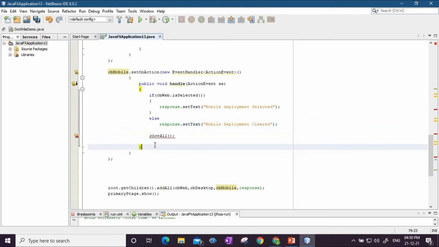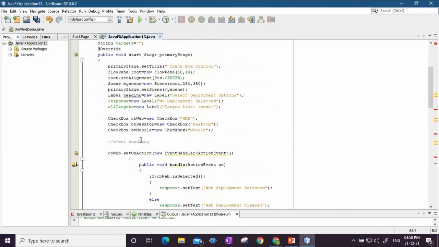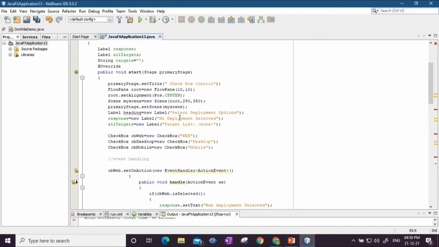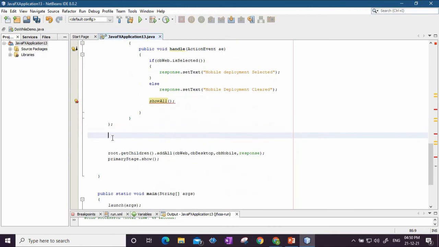Now what is this show all method that we are going to write after some time? Now see, I will be using a separator. A separator will be a small horizontal line that will be drawn. That will separate this particular heading, that is select deployment option, and then the checkboxes. So that separator I am going to create here.